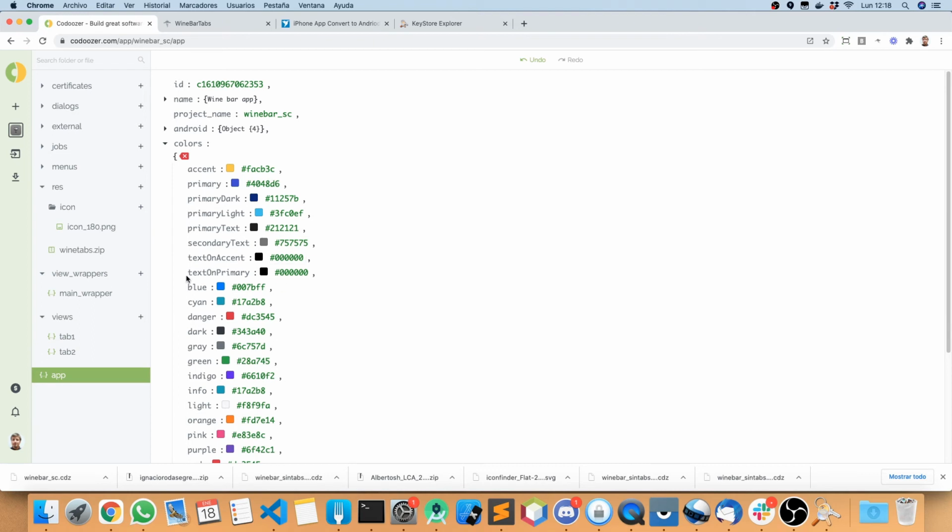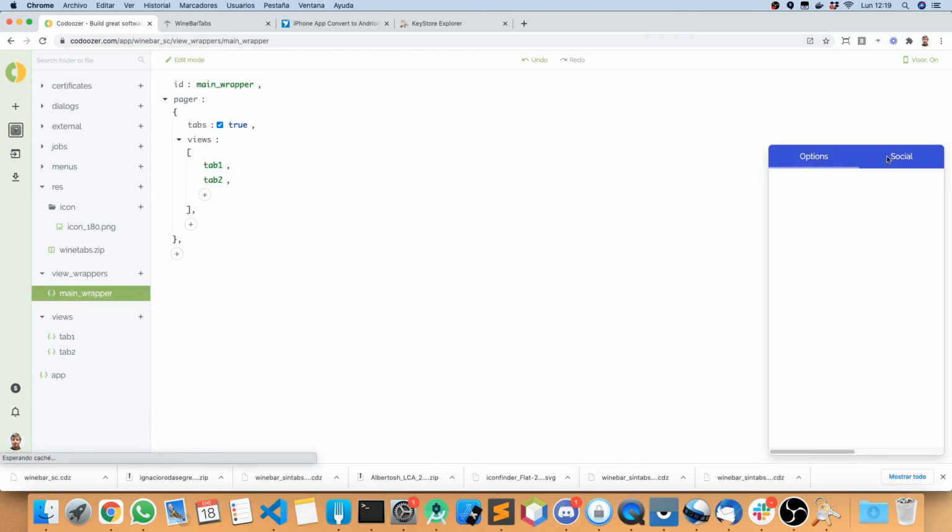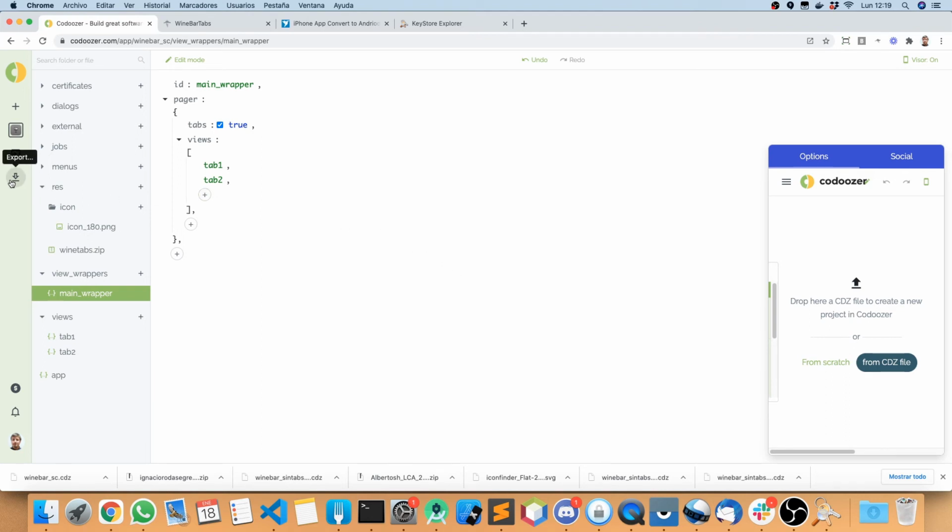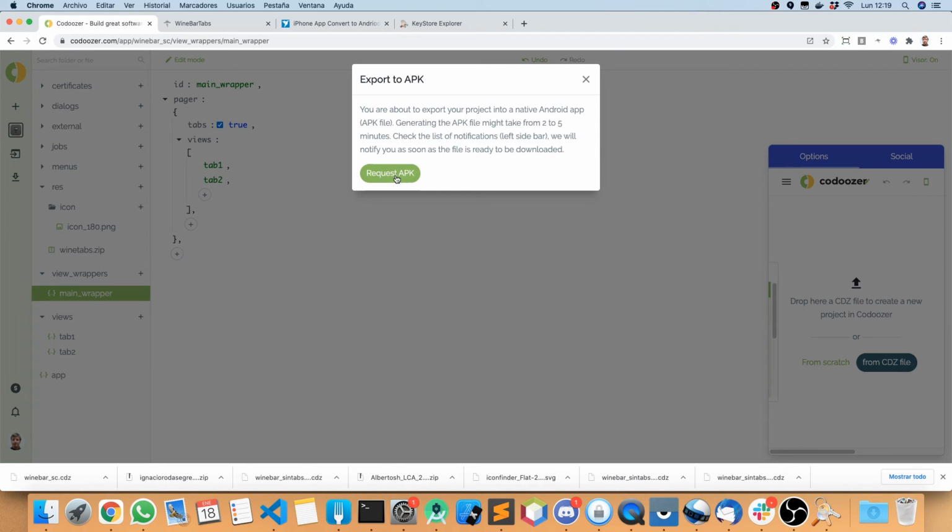Okay, and then the text on primary, this is the color that will be used for text that are placed on a primary background, like the action bar. So put this to white. Okay, now we go to our main wrapper, and you see now we have the bar in blue. Okay, basically that's it. So we are going to generate, export to APK,